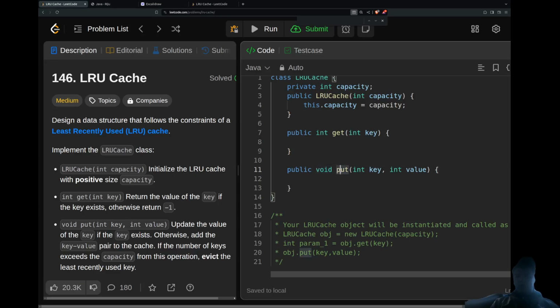So in order to put a value in a cache, I will just put the key value,